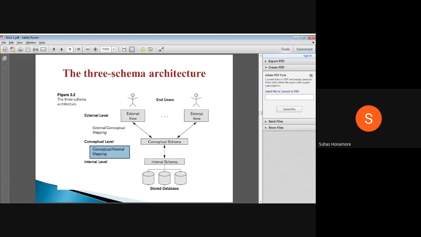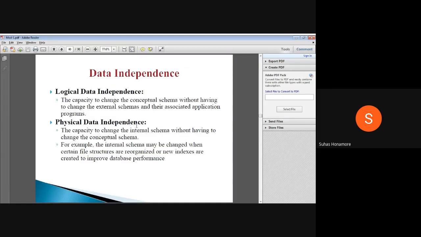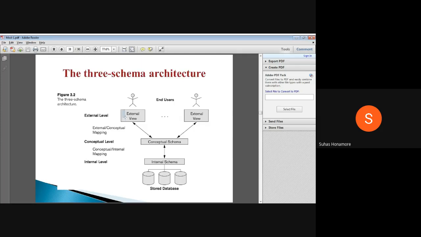So if I change anything here, there is no need to modify the upper layer. That is what we call data independence. There are two kinds of data independence: the first one is logical, the second one is physical. Suppose anything I modify here should not affect the part below. This one we call logical, because here we're not modifying anything in the physical view. Physical, in the sense of the zeros and ones that we kept.